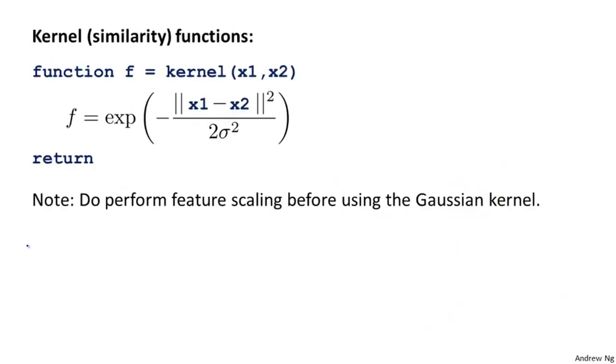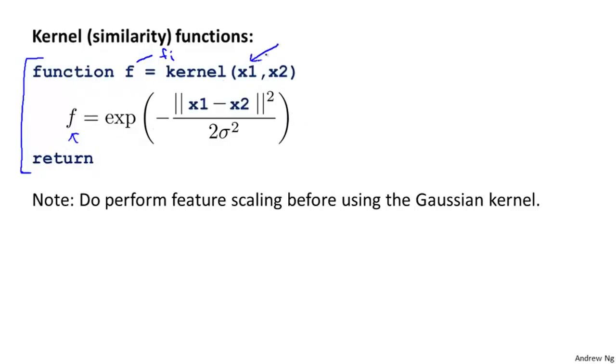Depending on what support vector machine software package you use, it may ask you to implement a kernel function or to implement the similarity function. So if you're using an Octave or MATLAB implementation of an SVM, it may ask you to provide a function to compute a particular feature of the kernel. So this is really computing f subscript i for one particular value of i, where f here is just a single real number, right? So maybe this is better written f_i, but what you need to do is write a